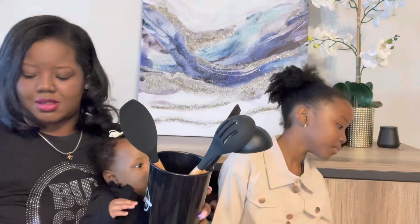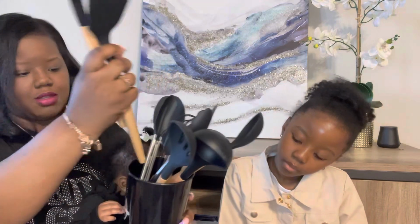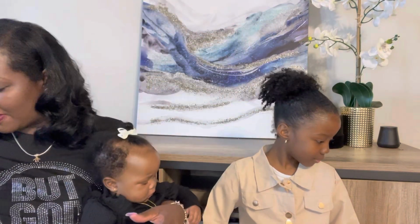Whisker. So it's 1, 2, 3, 4, 5, 6, 7, 8, 9, 10, 11 pieces. I cannot remember the prices for this stuff, but everything will be linked